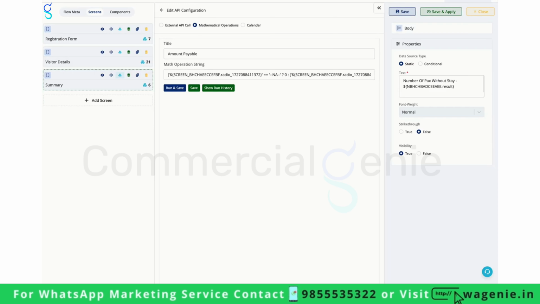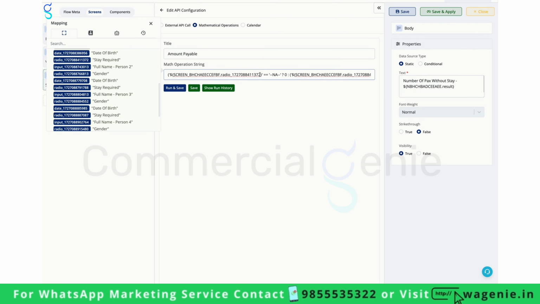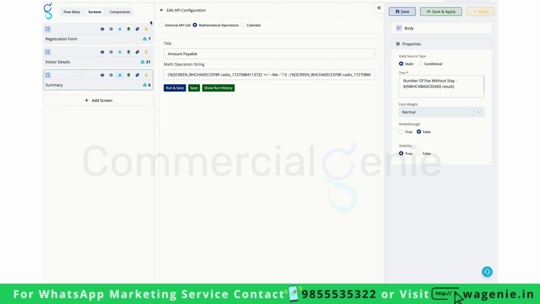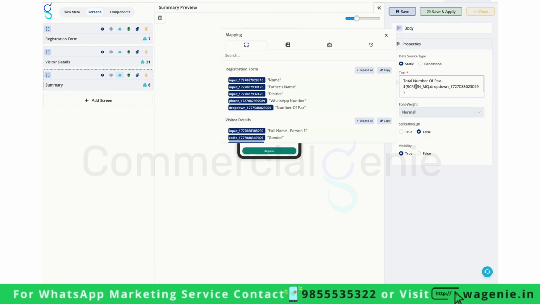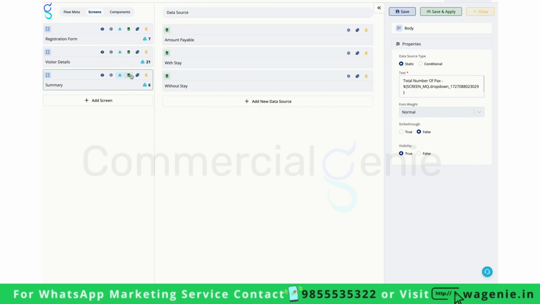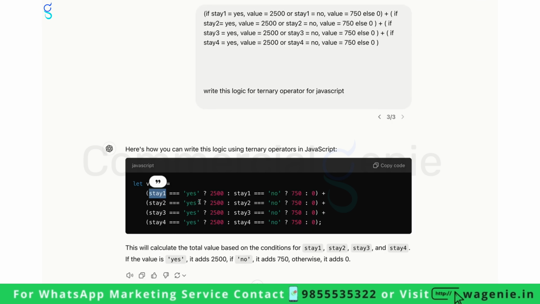When you paste it here, you need to replace this from the field. And once this is done, then your dynamic calculations will start working. So I'm sharing the same mini app template. If you see the formulas directly, they might appear to be quite complex, but they are not. They are simply logics replaced with the dynamic field from previous screens.